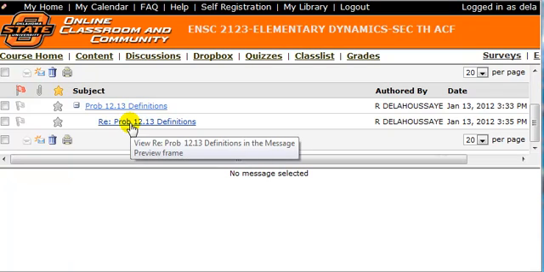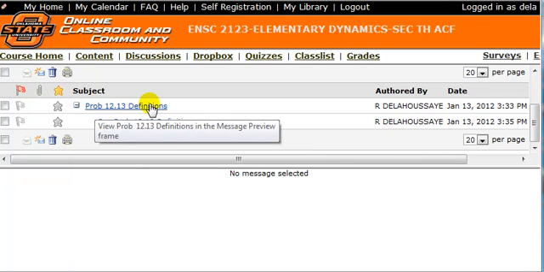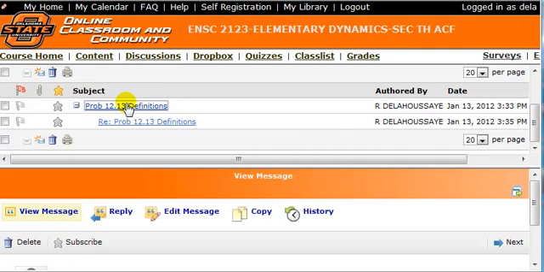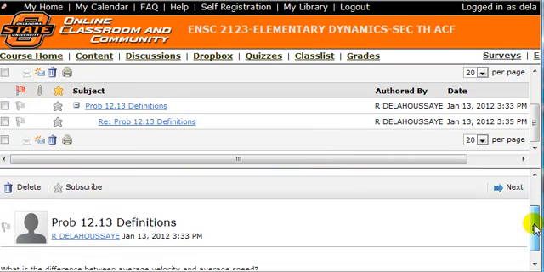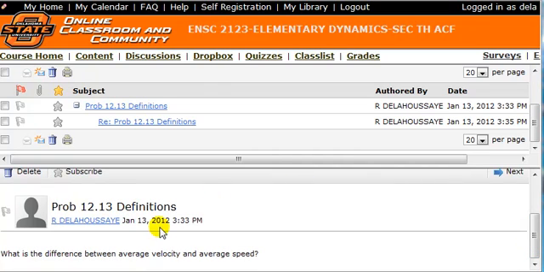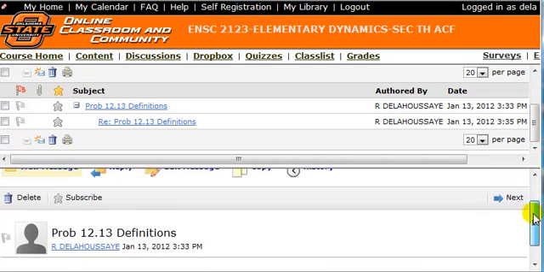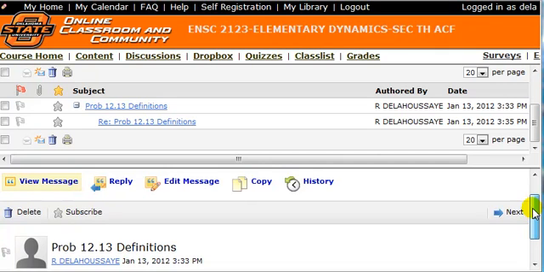I pretended that I was someone who had a question about some of the terms in problem 12-13. If we click on this message, then we can go down here, and my screen is very small, so it's a little bit hard to read. But I posted under this title the question, what's the difference between average velocity and average speed? I posted that question in the hopes that someone might read this and decide to reply to it and give me an answer. Now, if you were reading this just now and you decided that you wanted to reply to it,